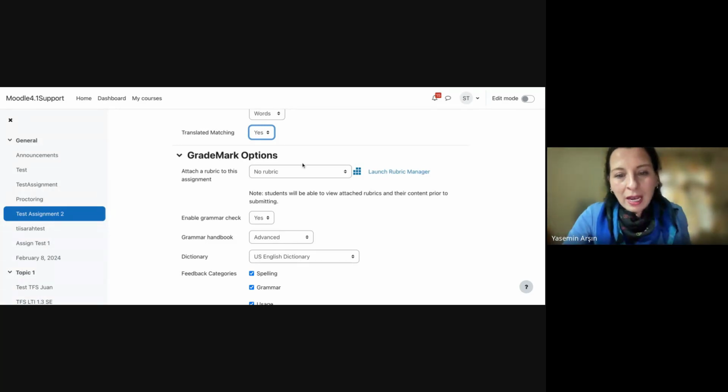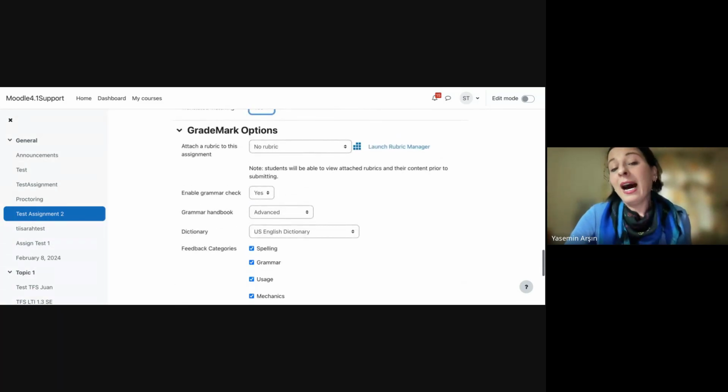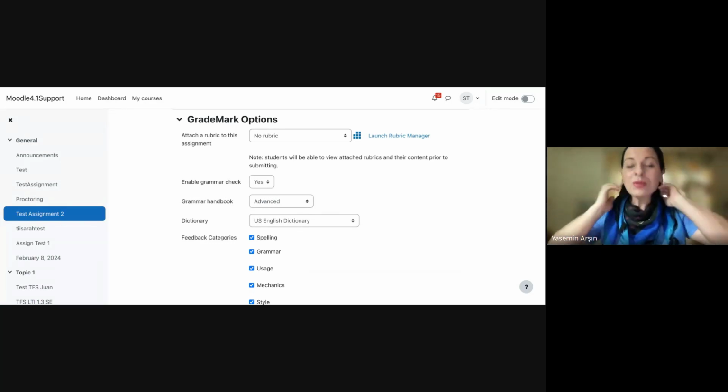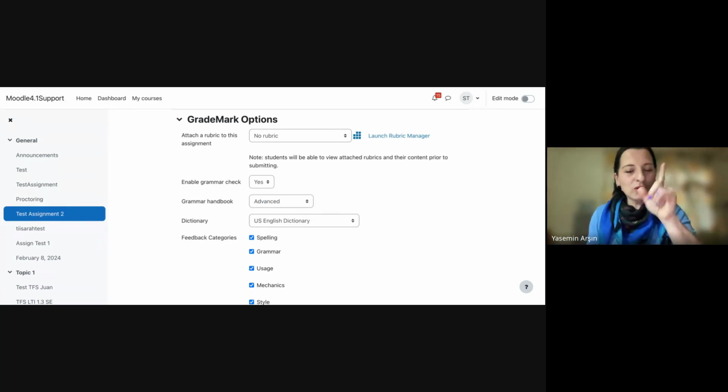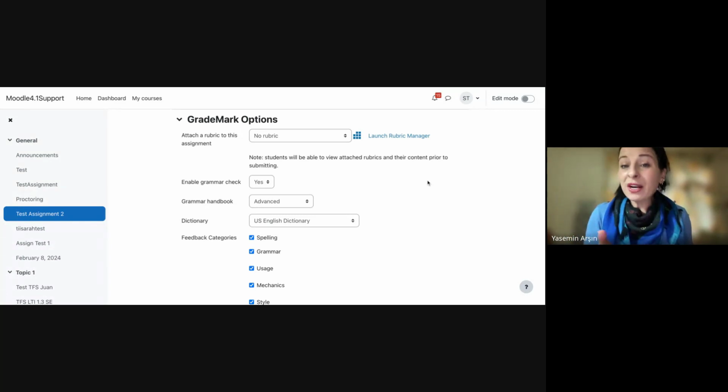All right. So here now we are coming to the last part. I don't know how actively you use the feedback and grading tools. I was going to show you on Turnitin.com. Now I remember it. There are so many details to cover. So you can use feedback and grading tools here. For example, you can launch rubric manager, and we have so many rubrics on our website. Yeah, you can check them in your free time.